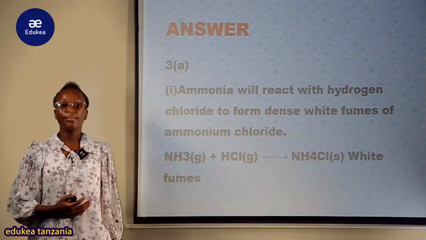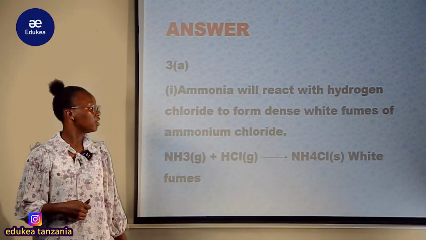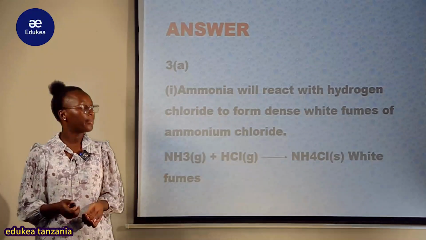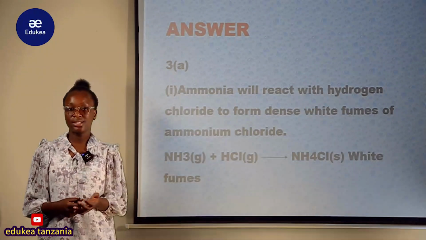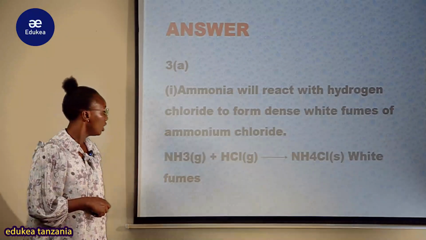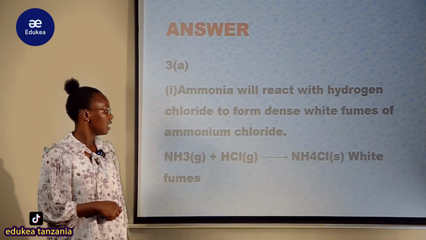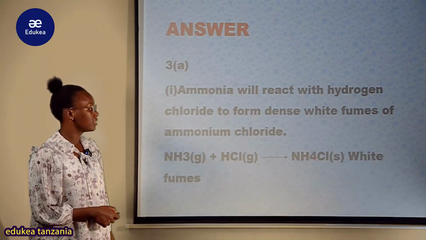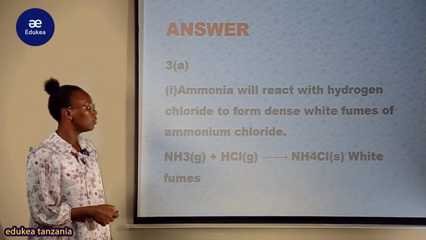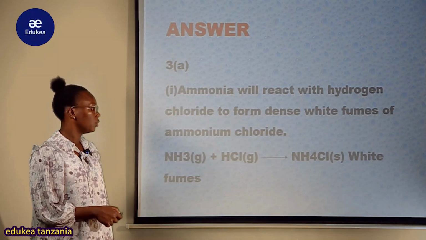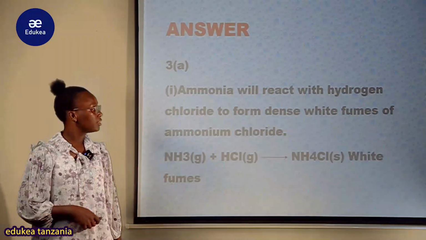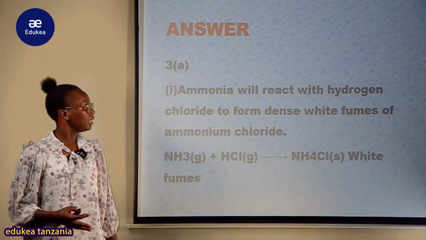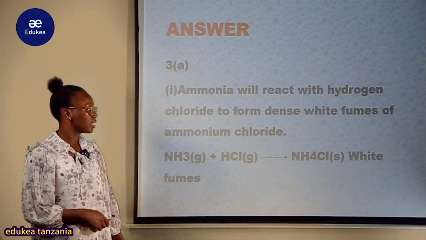Kwamba when the ammonium ina react na hydrogen chloride, obviously inaenda kutengeneza dense white film ambayo ni compound ya ammonium chloride, and this is the salt. So this one is ammonia gas plus HCl, au tunaweza kusema hydrogen chloride gas. Obviously tunaenda kupata this one, the dense white film of ammonium chloride, ambayo hii ni white film. So this is how student was required to attempt his or her question, and simple like that unapata marks zako